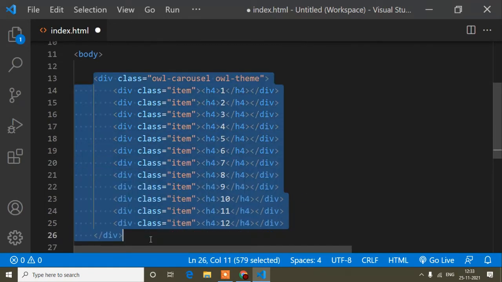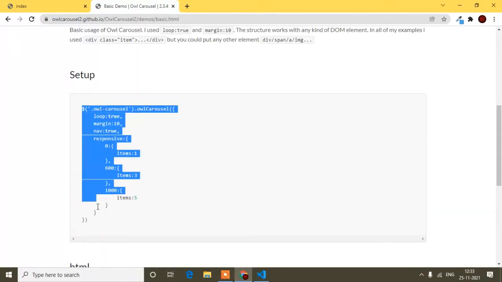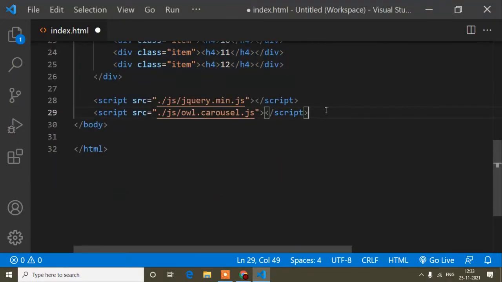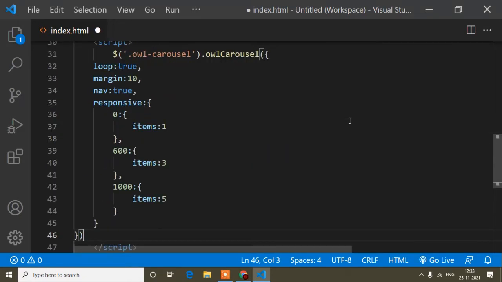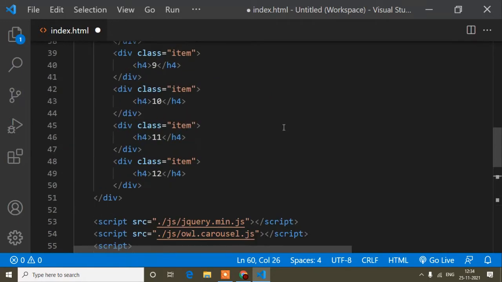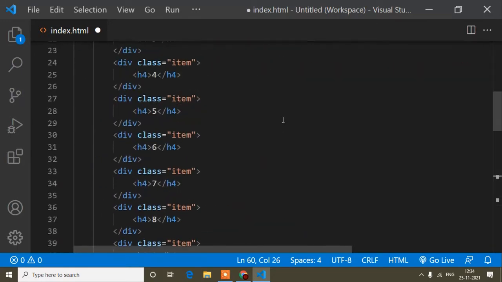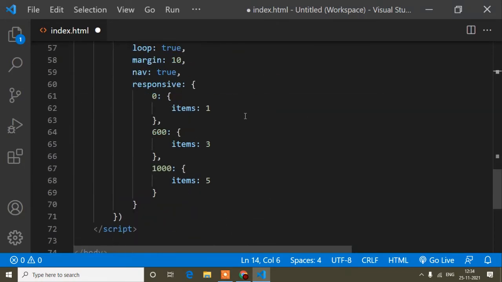Then I will scroll up and copy the JS part, and scroll down below all the script tags, write a script tag again and paste. After that, right click and format document, then you can see this one is formatted. This one is for the HTML part, and this is for the script part.